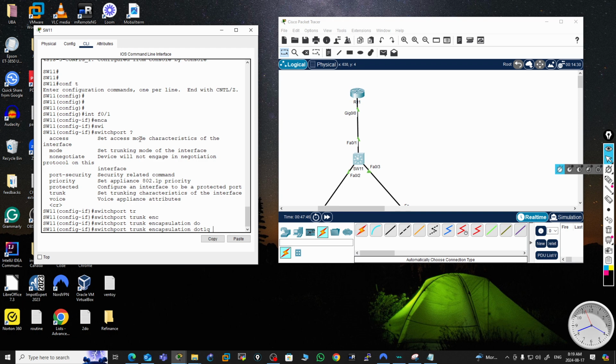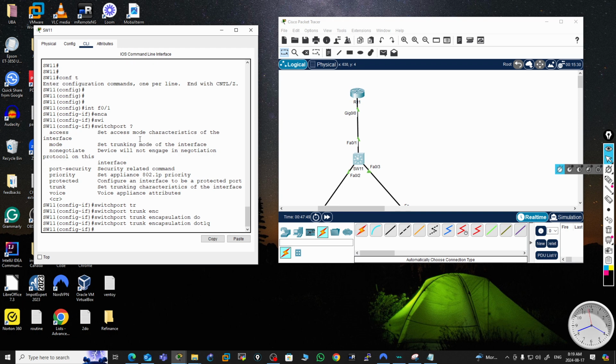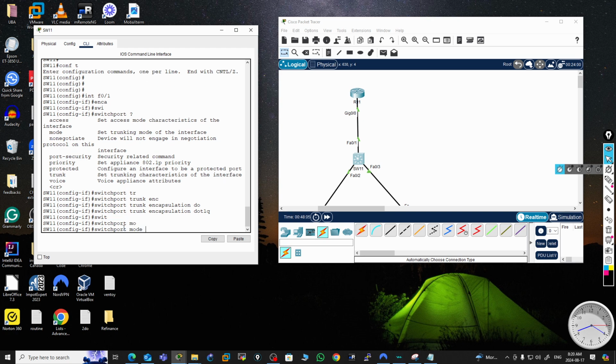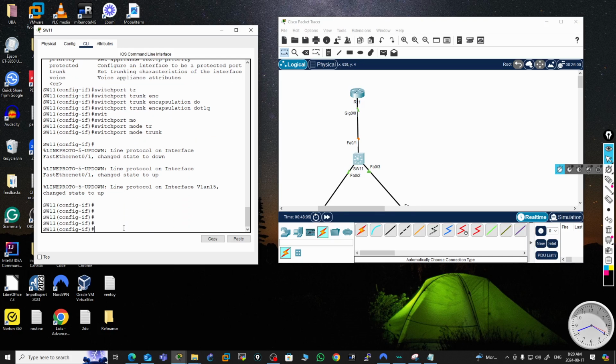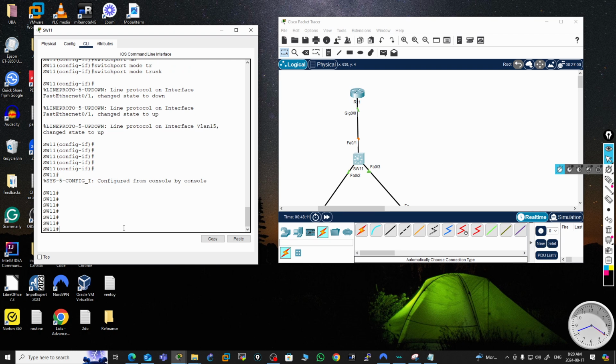All right, so I need to do that one first, and then I say switchport mode trunk. What happened is that I needed to enter the switchport trunk encapsulation dot1q first before entering the statement switchport mode trunk. Now it should accept. Okay, now it's good. If I do show interface trunk,